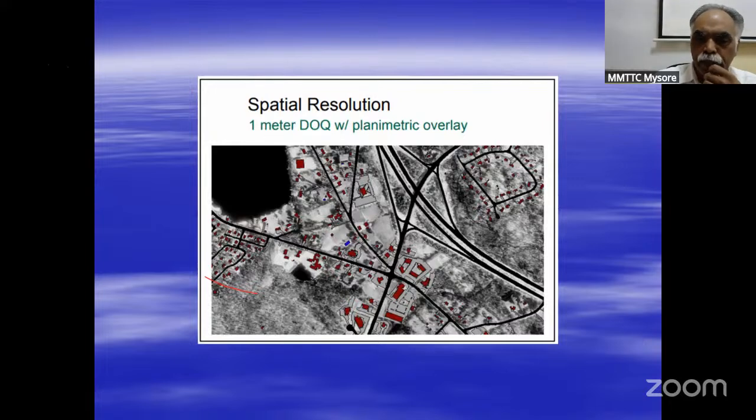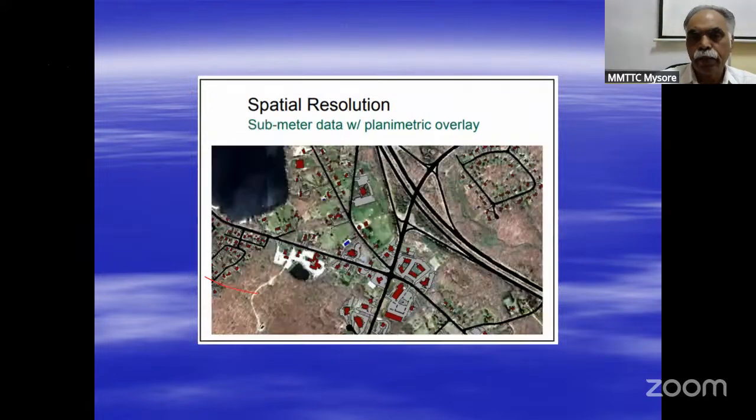The 1 meter resolution gave much more clarity in the land information, and the sub meter, 0.60 meters, gives a more clear picture. All green patches are seen, the roads are very clearly visible, and there is a water body on the left